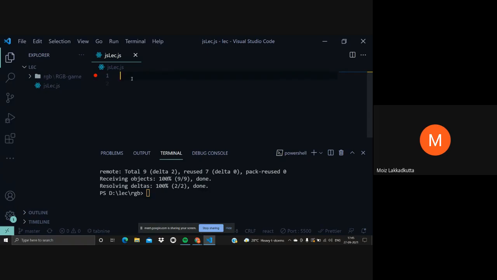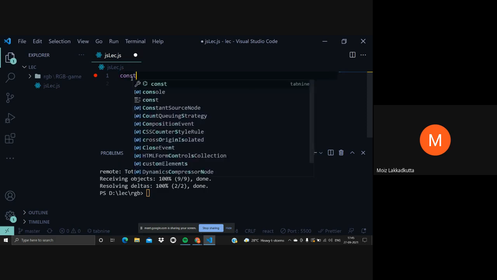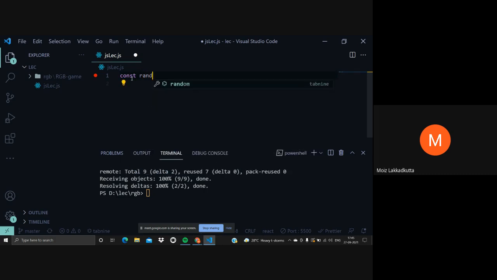So if I want to guess a number between 1 to 100, how can I do that with the program? We can write const random equals Math.random. The Math.random will return a pseudo-random number between 0 and 1. So if we want to generate random numbers between 1 to 100, we can just multiply it by 100. This will generate a random number between 1 and 100, and we can console.log